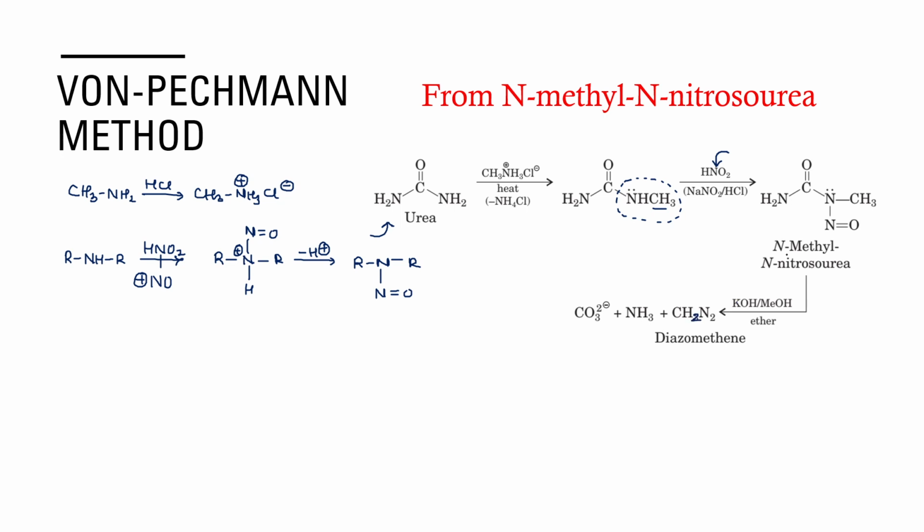Let's look at how this last step takes place. क्योंकि ये जो step है ये तो is pretty easy to understand. This nitrogen must have attacked this carbon and this NH3 would have gotten released and we would have obtained NH4Cl. So this step is easy,